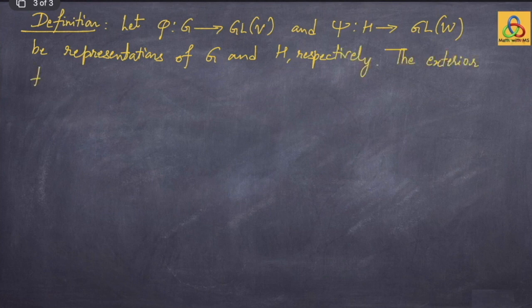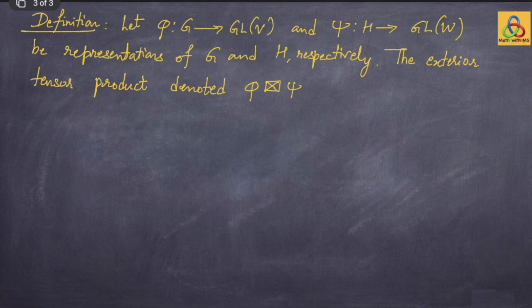Then we define what is called the exterior tensor product of phi and psi. The exterior tensor product, let us denote it by phi ⊠ psi, is a map from G times H, the direct product of G and H, to GL of V tensor W, given by